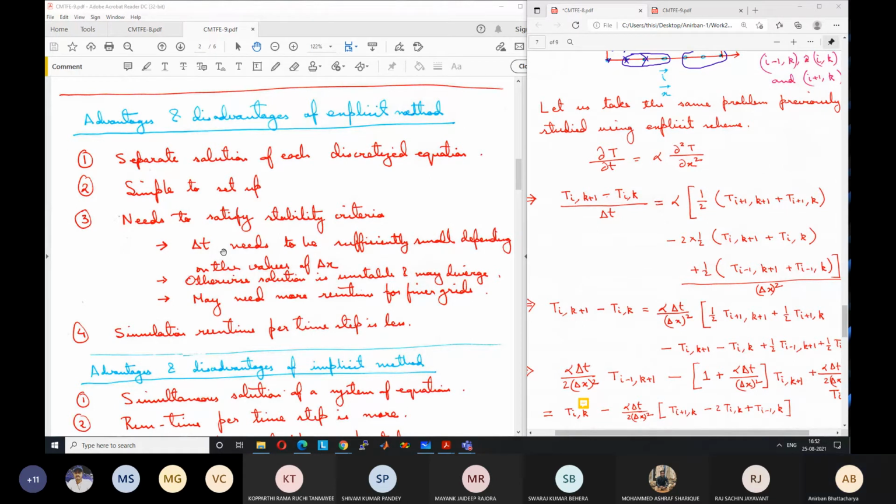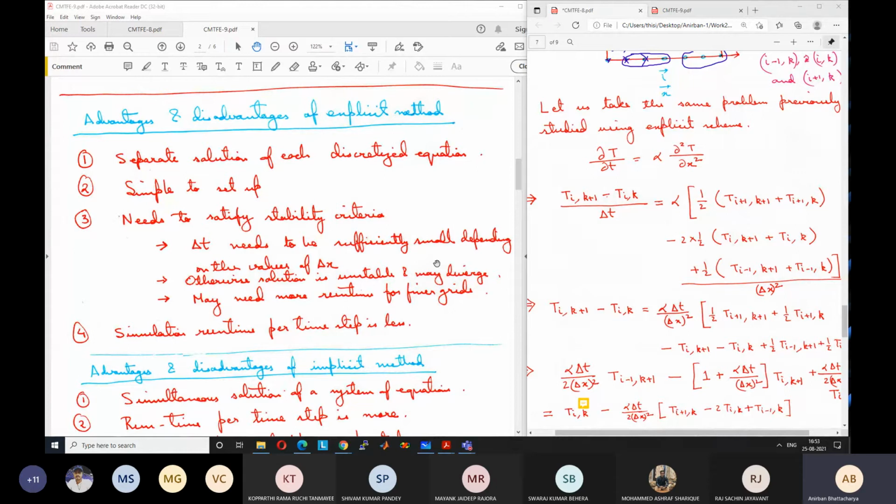Okay, the higher the number of grid points, the time step will be dramatically reduced and the number of time steps will dramatically increase. So simulation time will increase. If you do not take this small delta t, your solution will become unstable, which we will discuss in the next class, what is unstable, and will actually diverge, means it will go in the wrong direction. It will give you a wrong value.